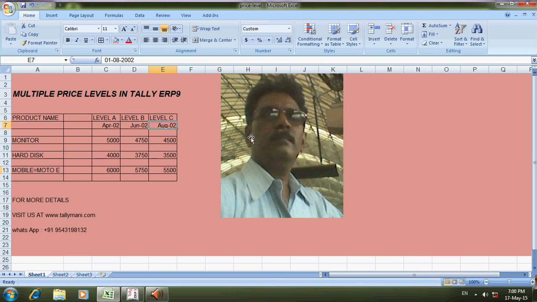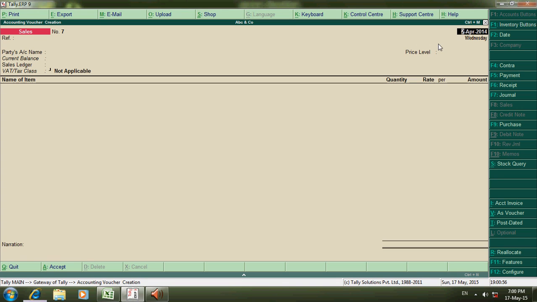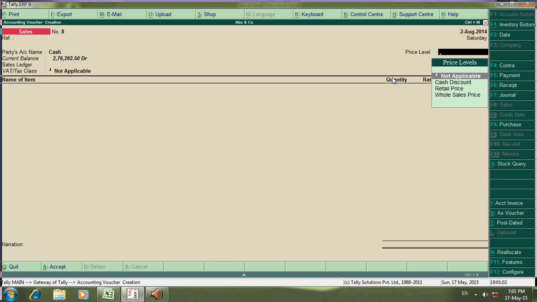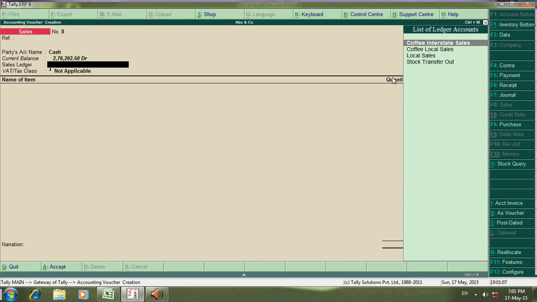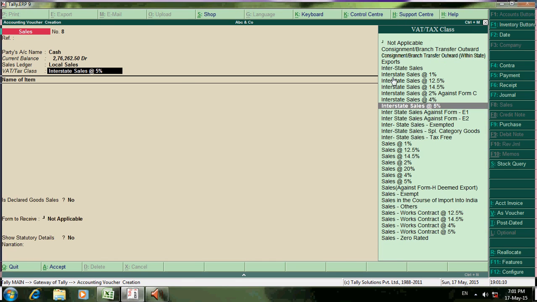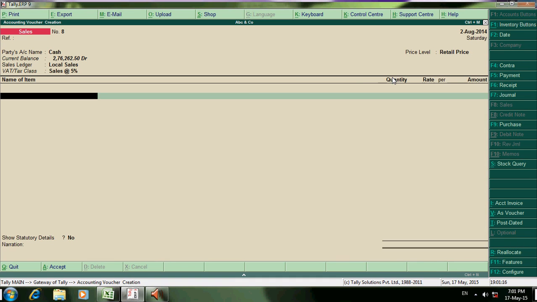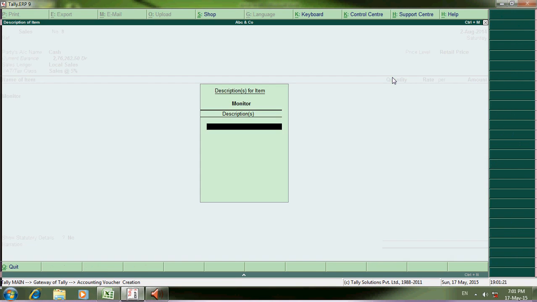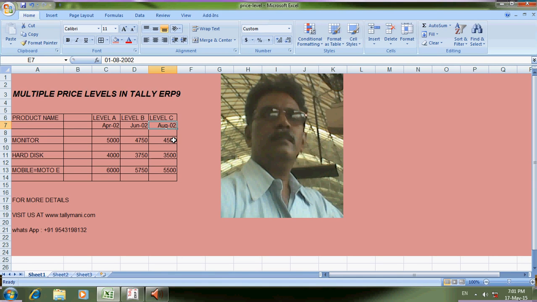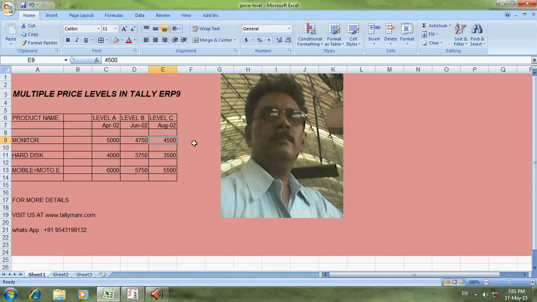Now we are going to enter one more voucher on August 2nd. Say 2nd August, cash account, retail sale, local sale. Enter VAT rate is 5%. Say monitor. When I enter quantity, the price 4,500 will be taken automatically.